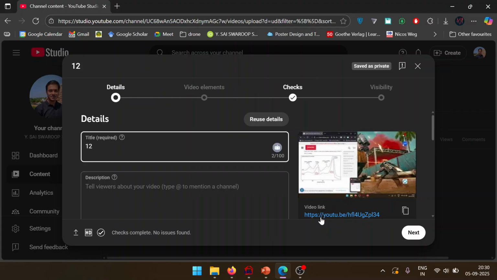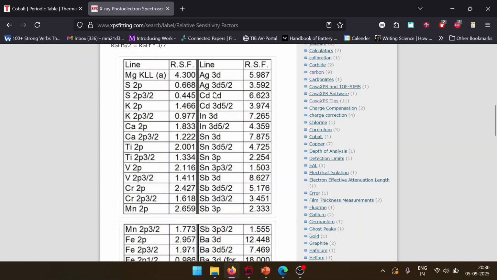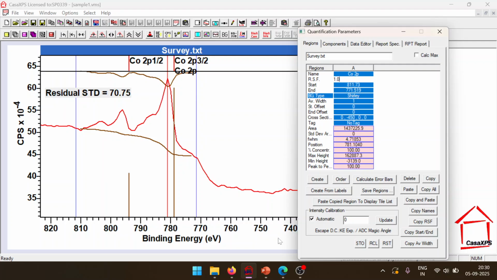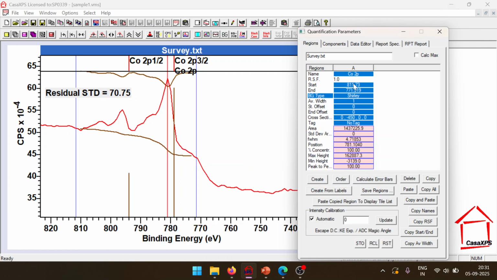Then go to this table and see the value of CO2P. Here you have CO2P 3.590. Let's say you are only fitting one of these, then you use the CO2P 3 by 2 or something, but we are fitting both in the same region, 3.590. So write it here 3.590, enter, then zoom out,